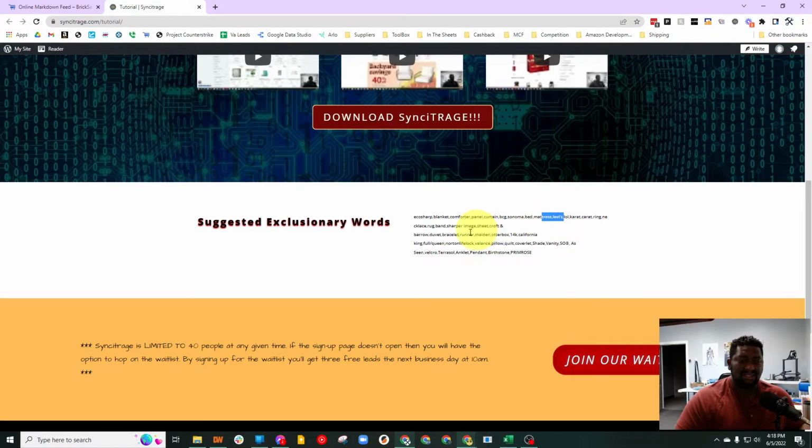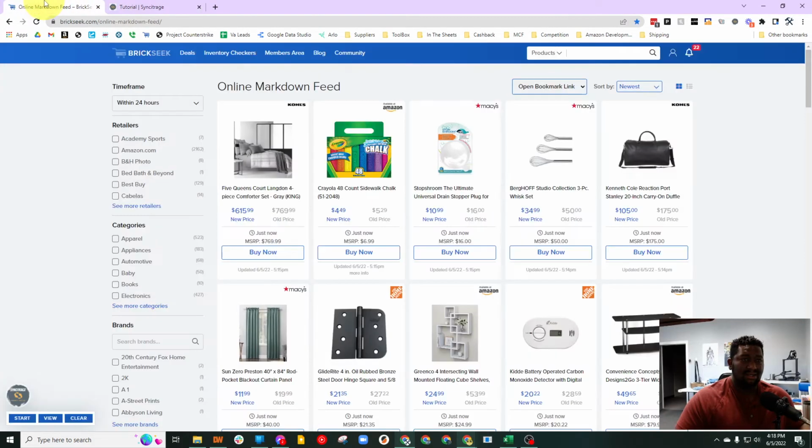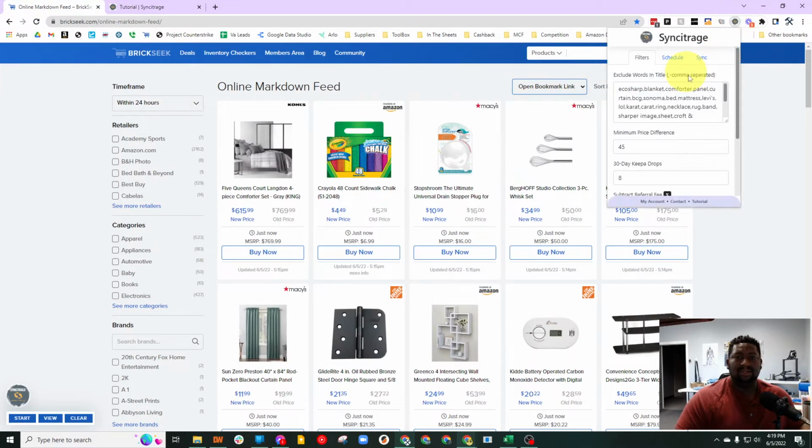You don't have to use these. Your exclusionary word filter will come blank, so you can put whatever you want. I will say, be careful with this. I put in "as seen on TV," and then I wasn't able to search things like TV mounts, and I didn't like that. So just be careful what you put in here, because you don't want to get stuff excluded. But you can use it for stuff that you never want to buy, like Velcro. If Velcro is in the title, you should not be selling it. And ask me how I know.